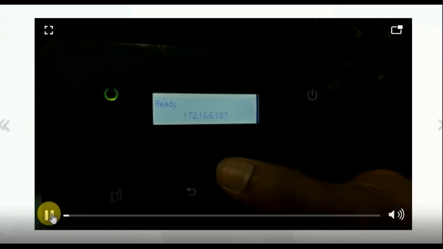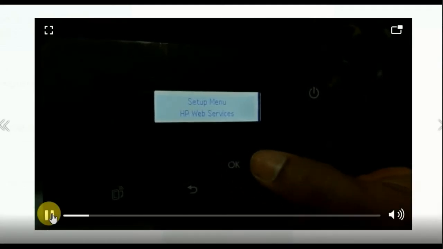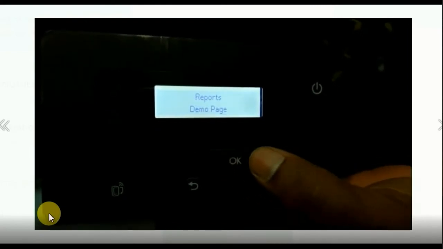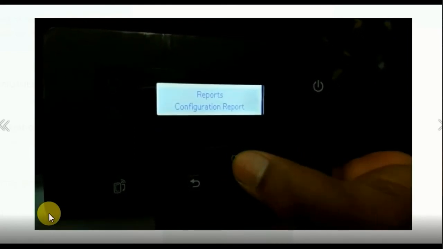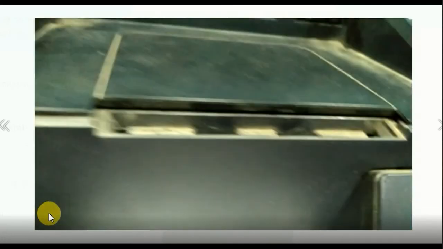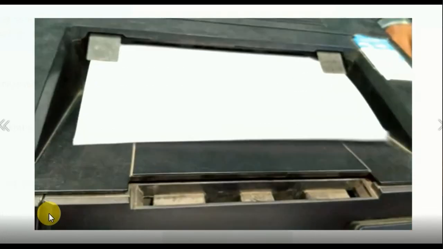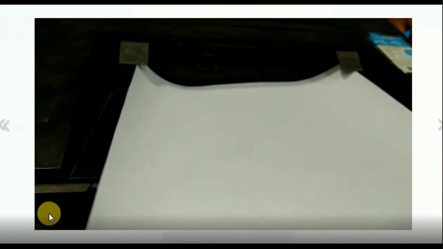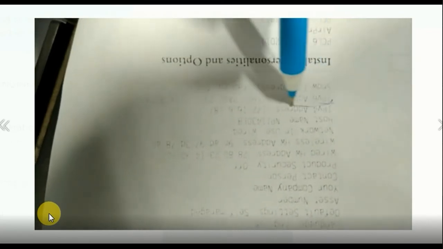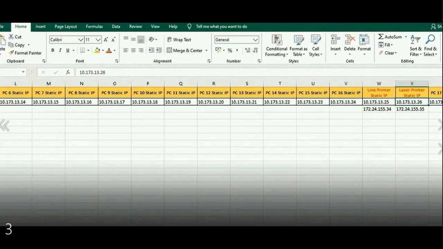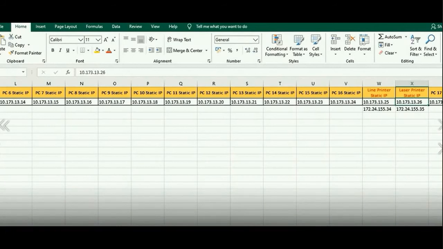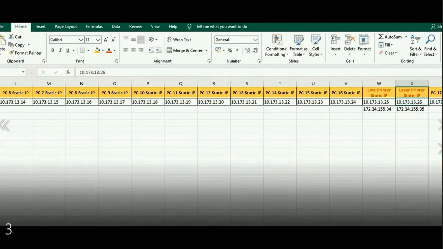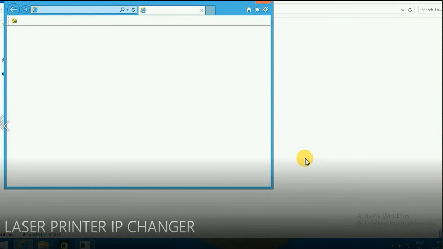Again, for the 202 model, we have a screen. In the display screen, we can see the existing IP address of the printer, and to confirm the same or to have it in writing, we can take a configuration summary page. From there we are taking printouts from the 202, and in this configuration summary we can get the existing IP address of the printer. Now we need to note those two IP addresses and store them in our database.